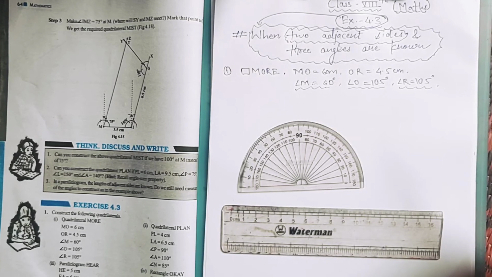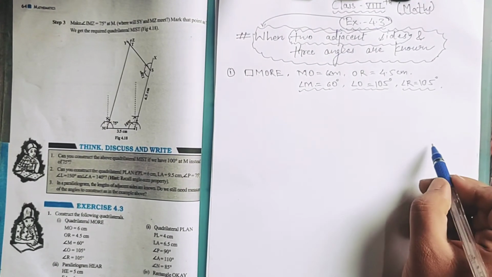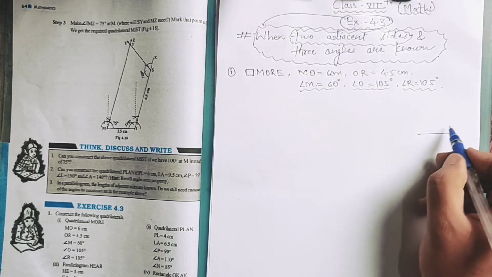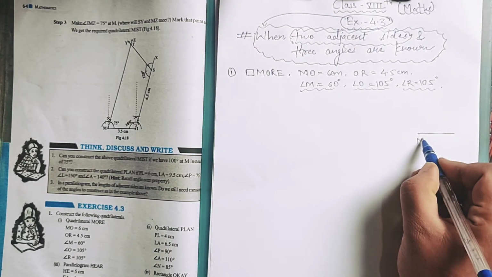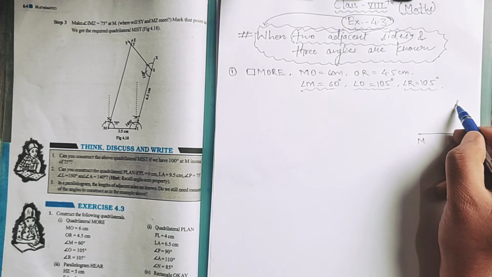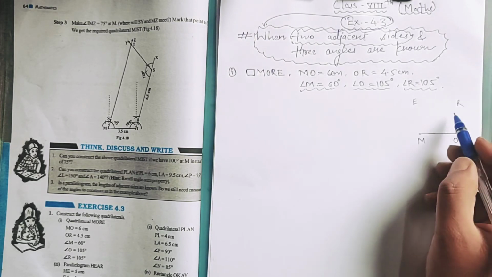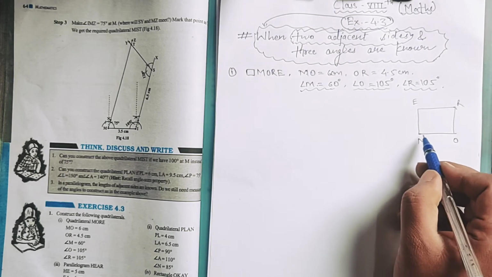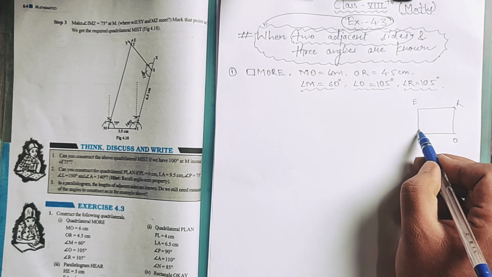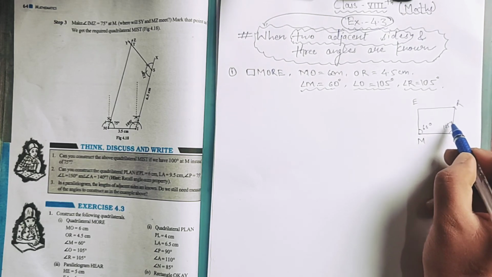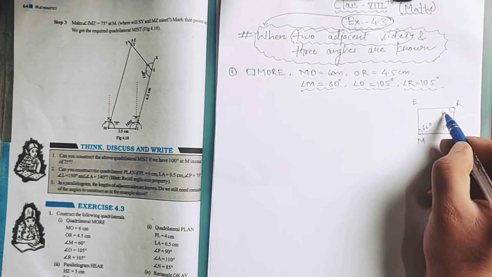Okay, so first imagine how the quadrilateral rough sketch diagram will be. So I am taking MO is there, then O is there, so R is that side and E is that side. So MORE is the quadrilateral, and the rough sketch diagram is there. And angle M, that means this angle, is of 60 degree. Angle O, this one, is of 105 degree. Angle R is of 105 degree.